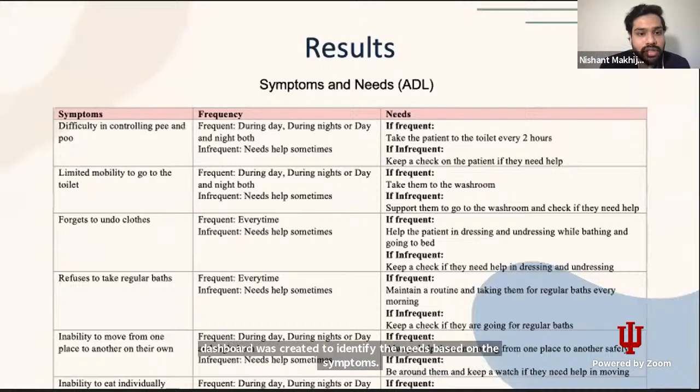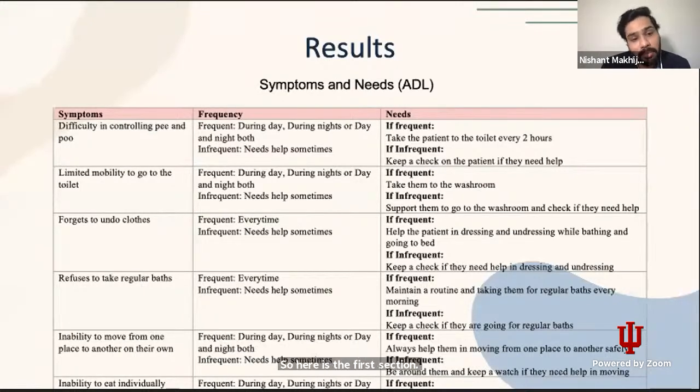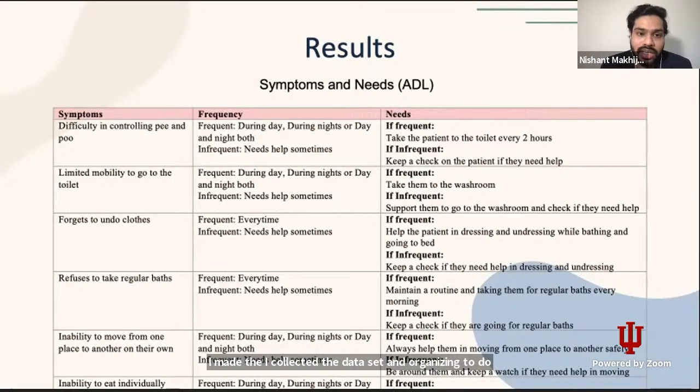So here is the first section. I collected the data set and organized it into 2 things: ADL, which is activities of daily living, and second is IADL, which is instrumental activities of daily living. In these data sets, the language for the symptoms and the needs was quite complex initially. So